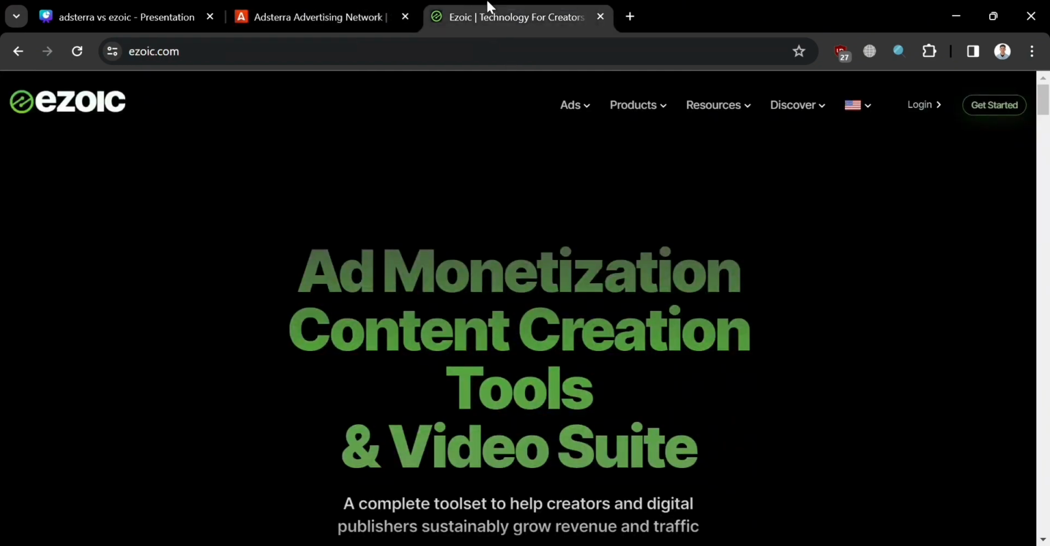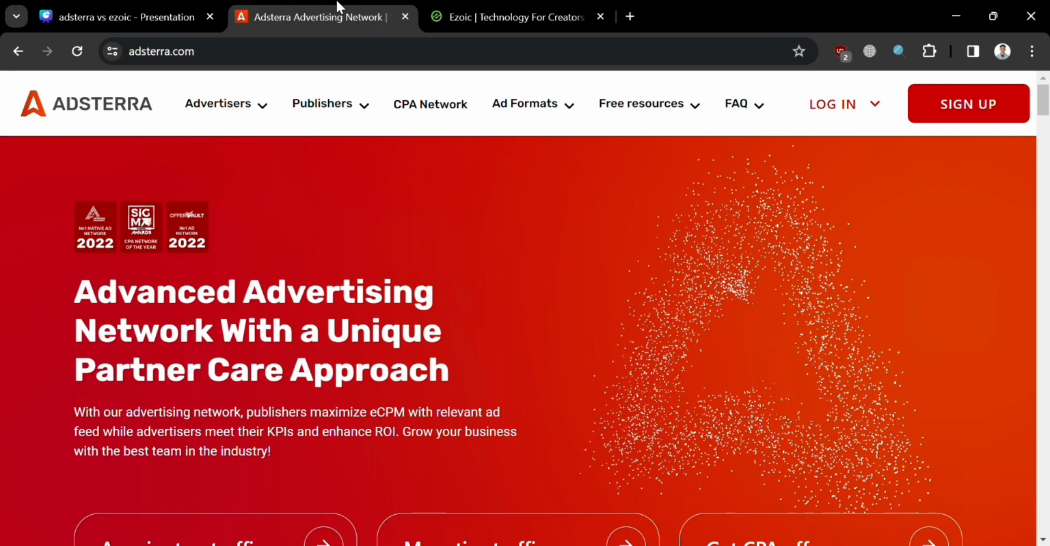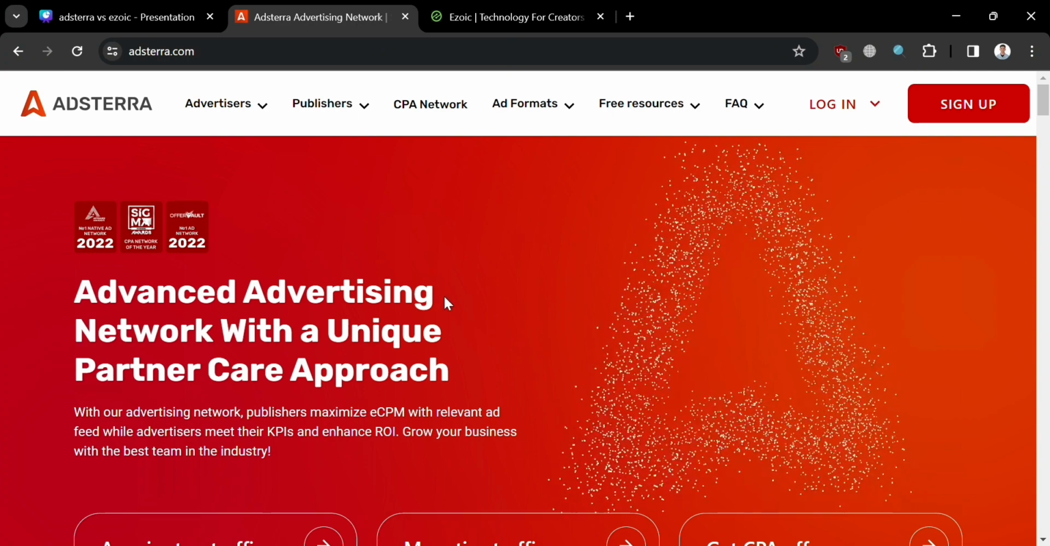In this video, we'll delve into a comparison between two prominent platforms in the realm of website monetization, which are